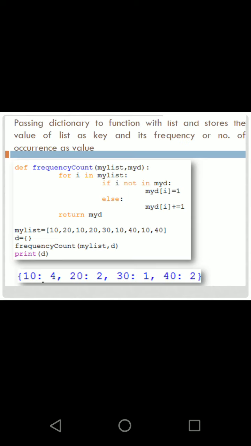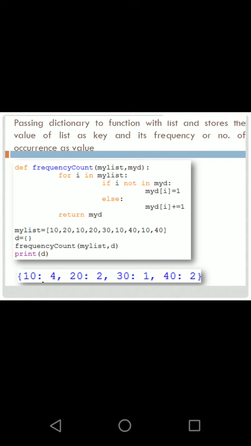So you can see this function where a list as well as a dictionary is passed. This frequency count function takes a list as well as a dictionary. Dictionary is the D, and the list that you are passing is my list. The function takes the list as well as the dictionary, and it creates a dictionary with the help of the list you have given.